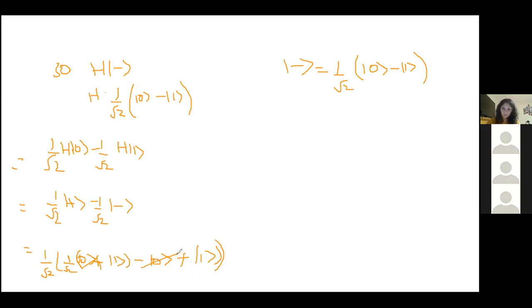So the 0 plus 0 minus 0 kind of go away, and then we have 2 lots of the state 1. So 1 over root 2, first of all, we've got 1 over root 2 times 1 over root 2, which is half. And then we've got 2 lots of the state 1 essentially. Half times the 2 is 1, and that works out to be just 1. So when you apply the Hadamard gate to the minus state, you get 1, which in vector form is 0, 1. So that's how you do these sort of questions.